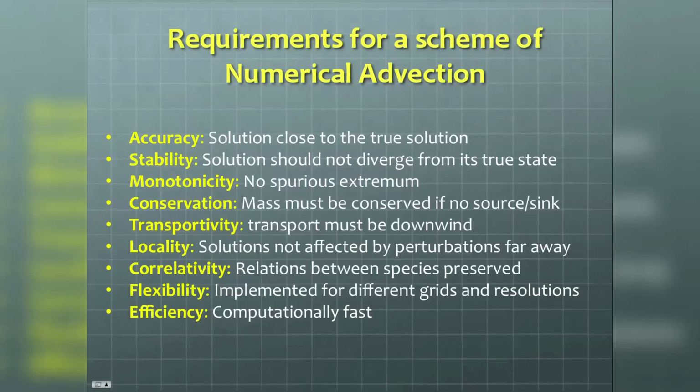If I have a function that I transport, I don't want my method to create peaks, minimums, undershoots, overshoots that are purely artificially produced by the numerical techniques. Why am I so nervous about overshoots and undershoots? Well, overshoot is okay maybe, but undershoot could make my concentration become negative if it's a very deep undershoot. And I don't want a negative concentration, because if the concentration in my model of ozone becomes negative, and